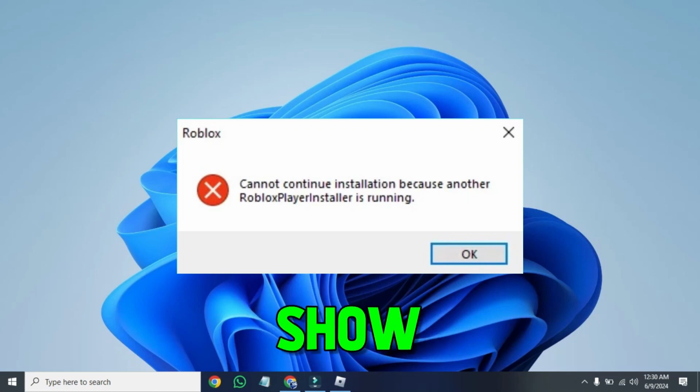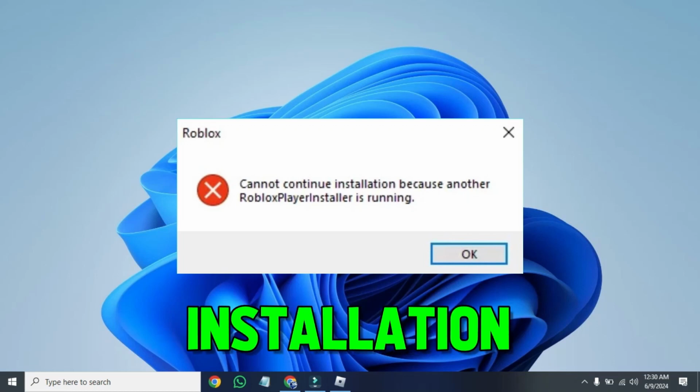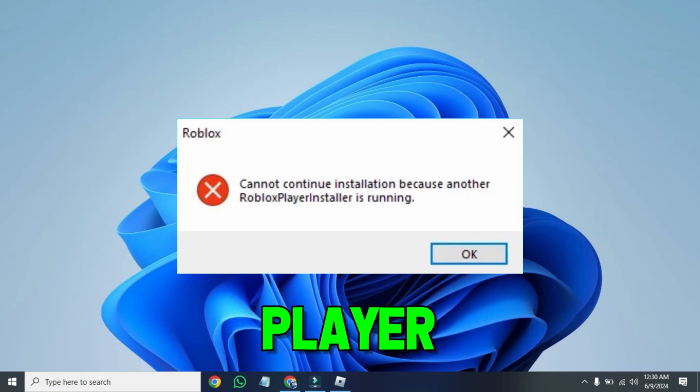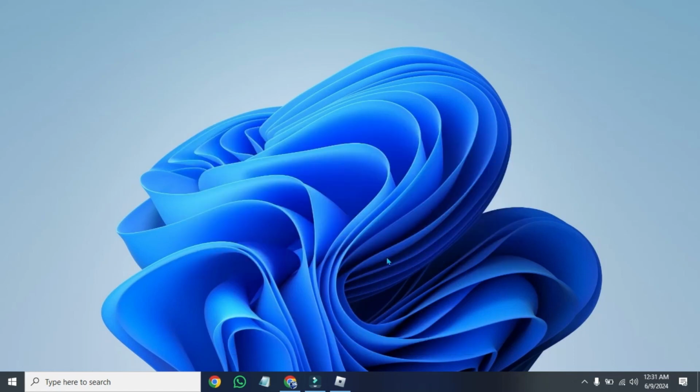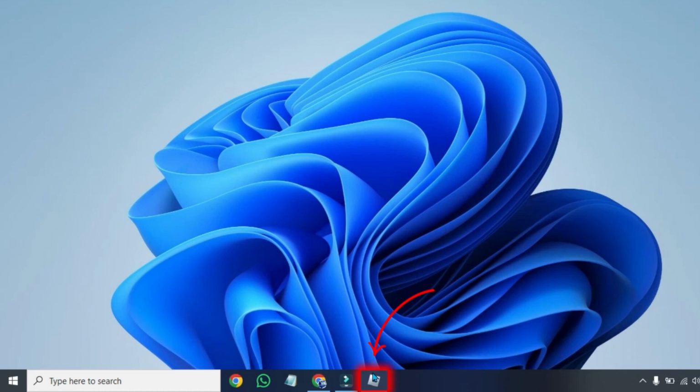In this tutorial, I will show you how you can fix "cannot continue installation because another Roblox player installer is running". So let's dive right in. From your desktop, if Roblox is opened, you can simply close it by right-clicking on this icon